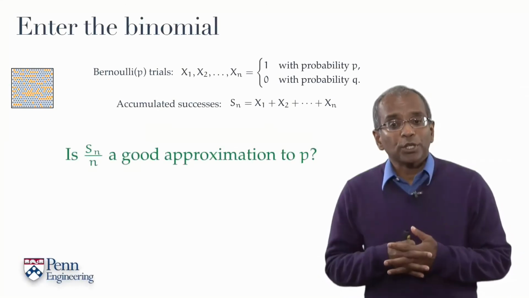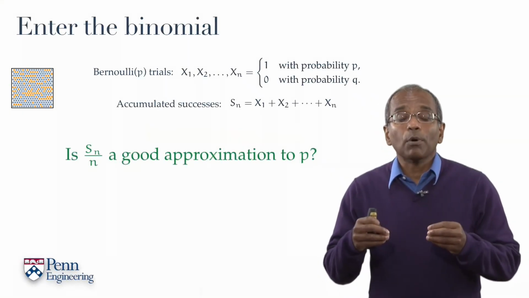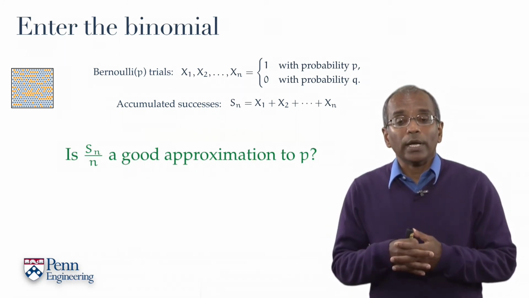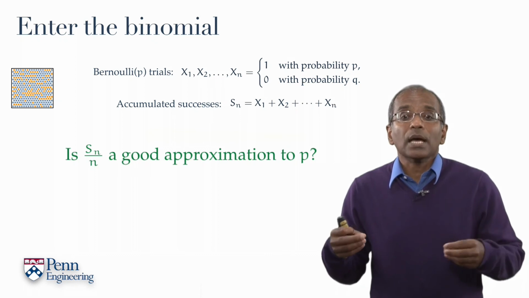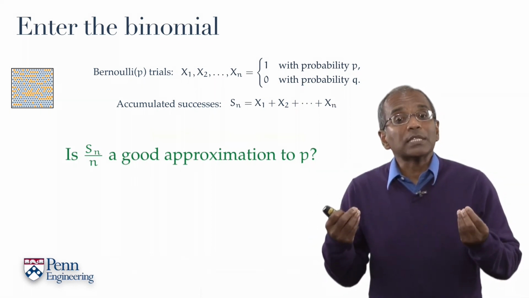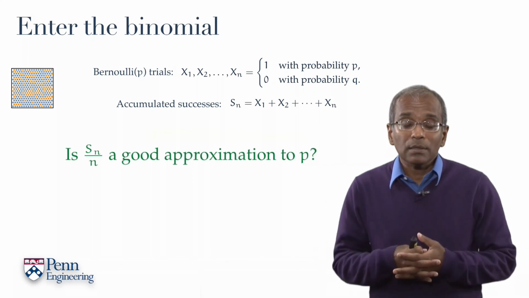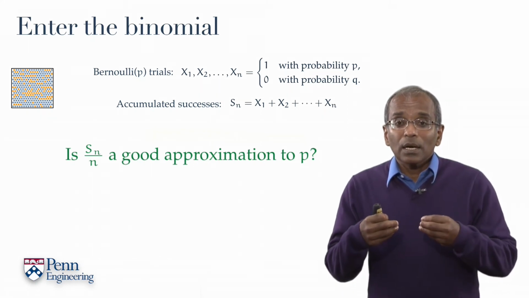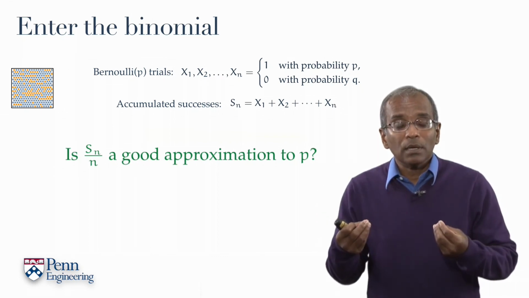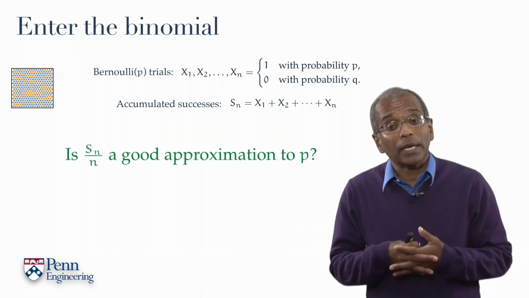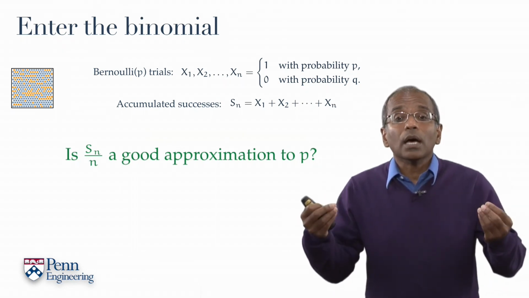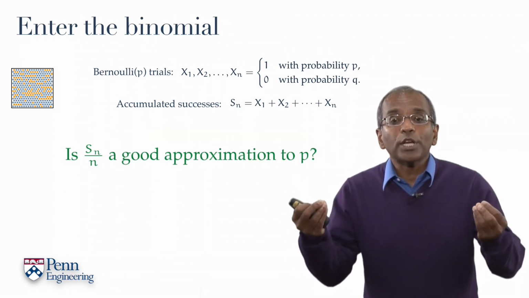In our abstraction of the polling process, we have now come upon the following question. We have a sequence of Bernoulli trials, x1 through xn, which represent random samples from an underlying environment. We form the accumulated number of successes, S sub n, and we anticipate that the fraction S sub n over n may perhaps, if you're good and lucky and say our prayers at night, represent the underlying unknown population proportion